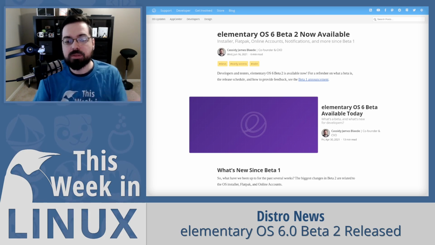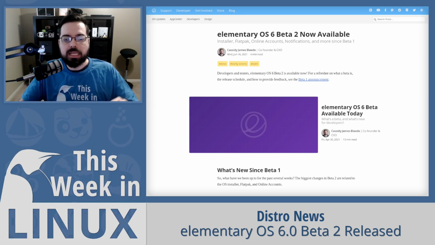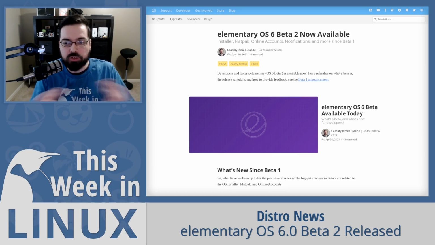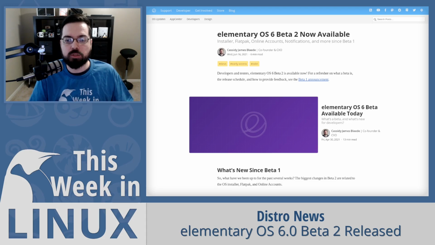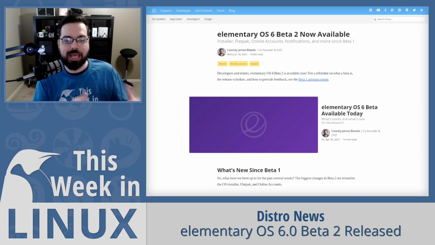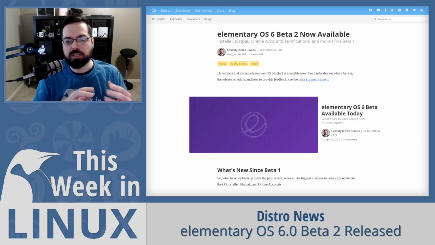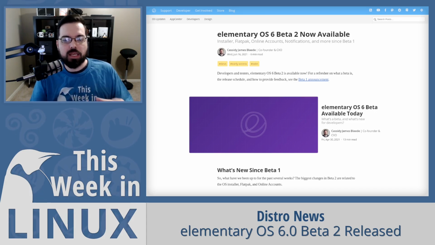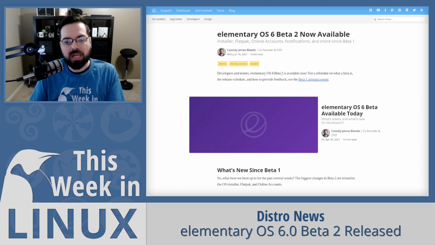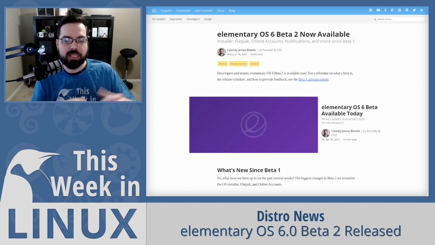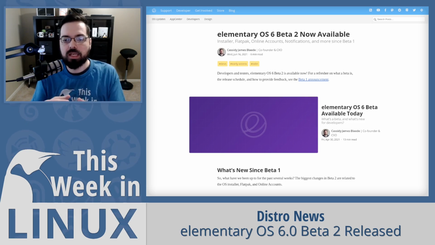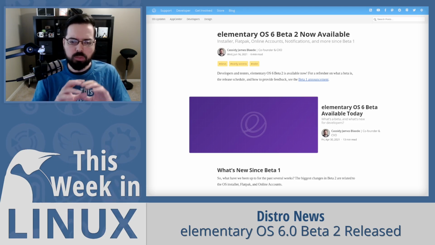And the thing that I'm the most excited about for Elementary OS in general, not just the latest beta, but just in general, is the effort they are making to ship first-party apps as Flatpaks. So they're transitioning their Debian-based apps as the first-party apps into Flatpaks, which also means they're going to have it inside of the App Center Flatpak repository, which is a part of the Elementary OS App Center, which is really cool to see.